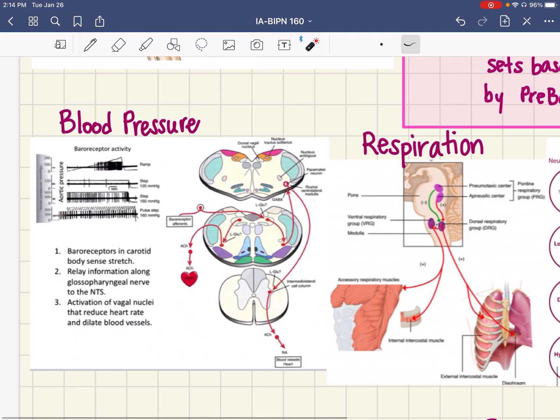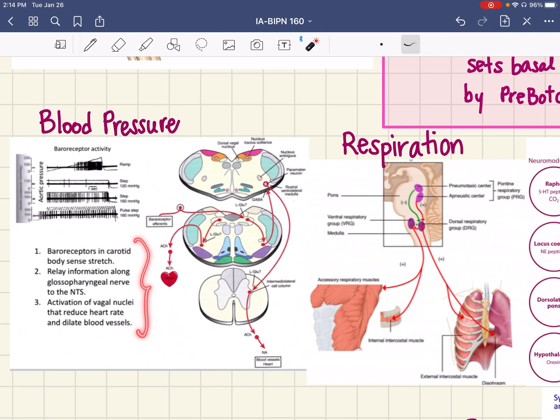Okay, this basically sums up what Dr. Root wants you to know, and this is exactly what I just said. Baroreceptors are stretch neurons in the carotid bodies. They sense that the blood pressure is high because the walls of the arteries are stretched. There is a stimulus that is relayed along the glossopharyngeal nerve to, I believe this is a type of nucleus,